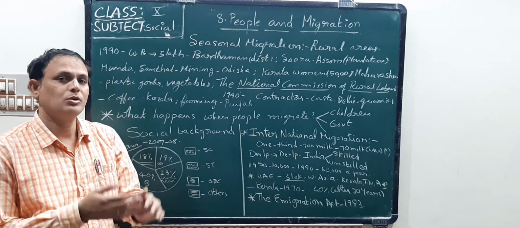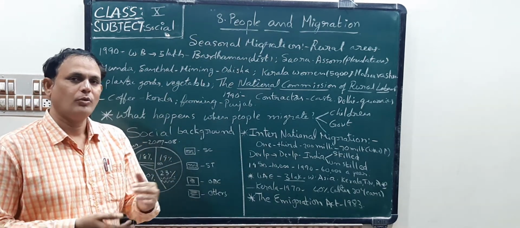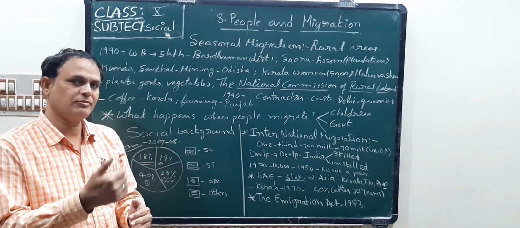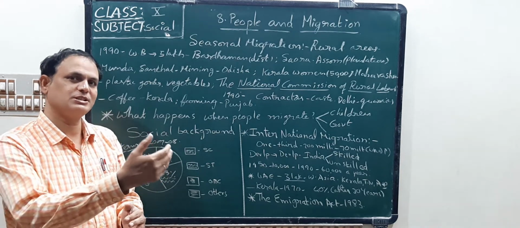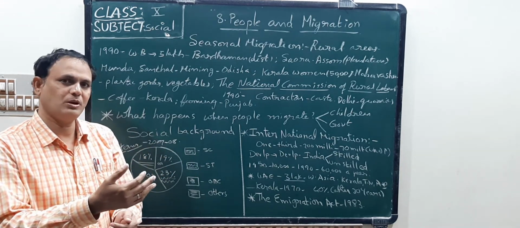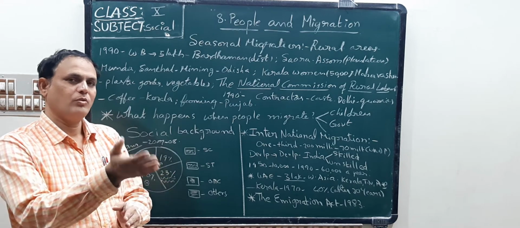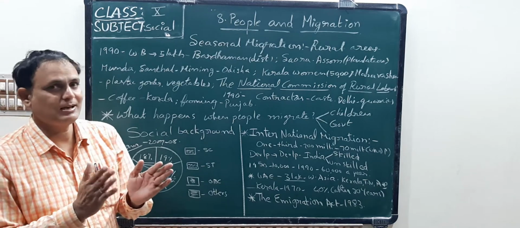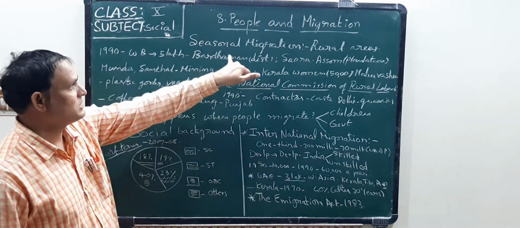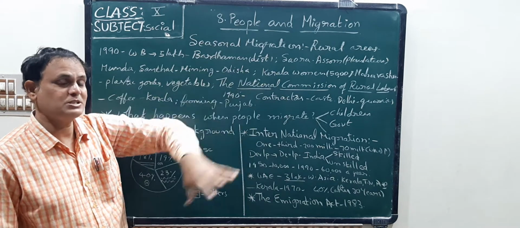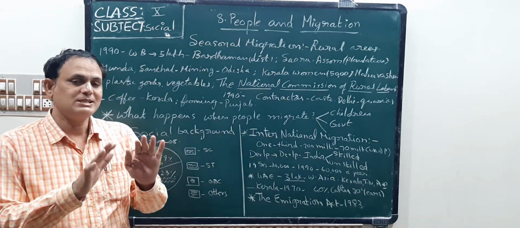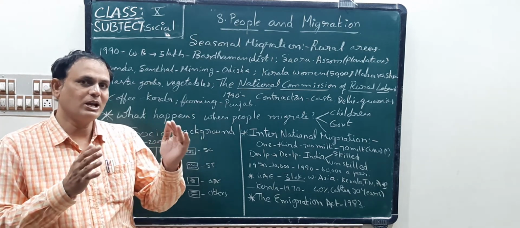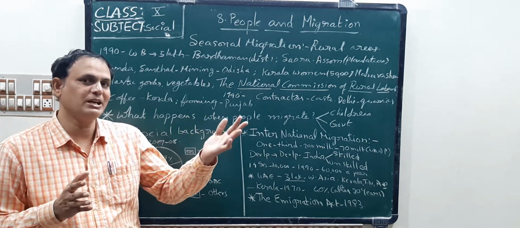Okay, children. So I said in the previous lessons, previous class or periods, why people migrate from their hometowns to other towns and cities. In rural areas, why are people also moving from one village to another village? Okay, children. So now here, seasonal migration. Especially, we can see seasonal migration in rural areas. Why do rural area people seasonally migrate?